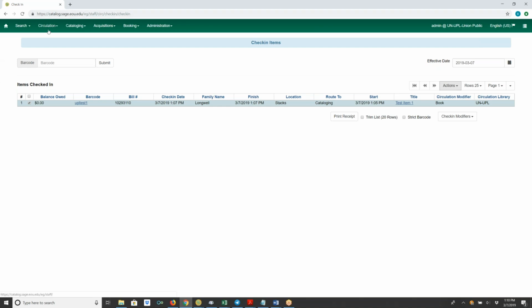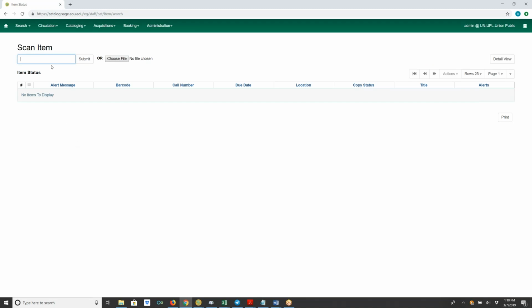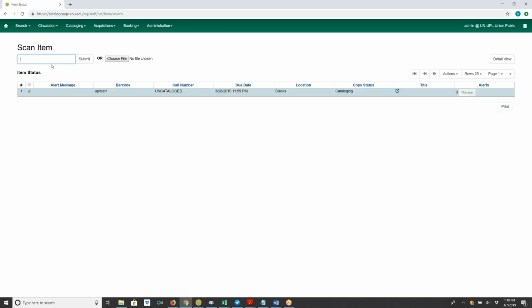Yeah, good question. Let's go ahead and bring up the item status screen and take a look at that. So item status, you can either bring it up by search for copies by barcode, and it's also under circulation item status. A couple different ways to get at it. So if I type in that barcode, see if I remember it. Okay. So as Dia indicated, it doesn't show a